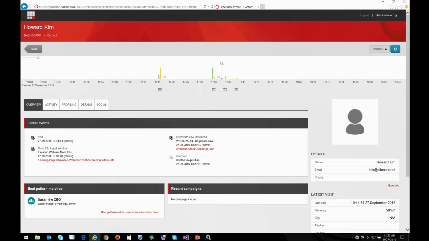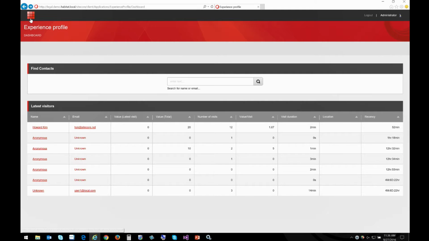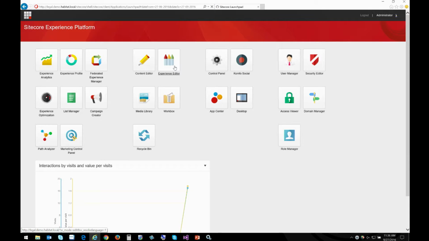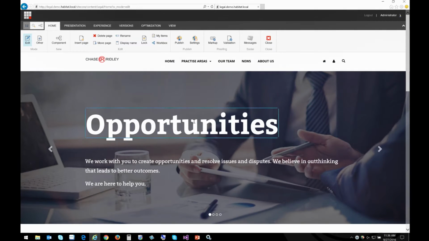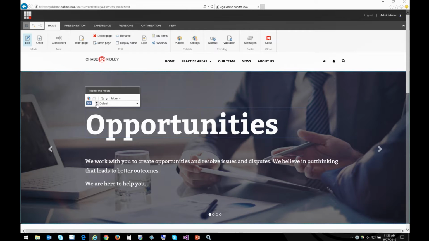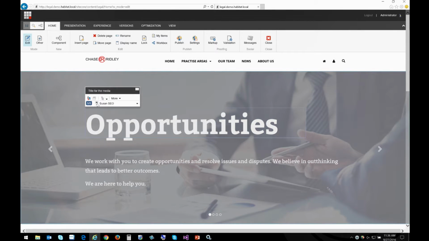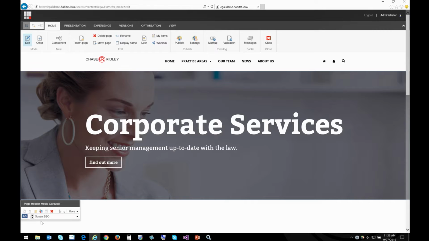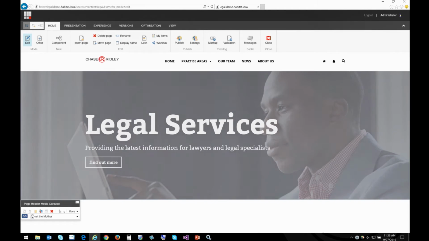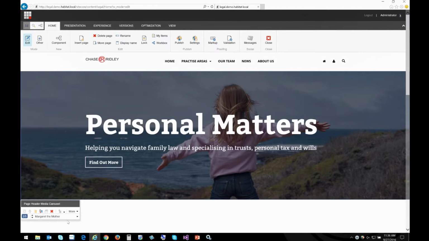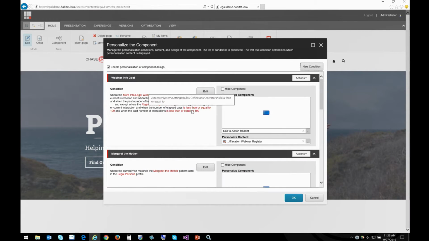Very, very easy. Now if I want to go and use that information, I can go into the Experience Editor, go right into my web page. And here are all the different hero banners I've set up, one for Susan, the CEO, one for Lucas, lawyer, and then one for Margaret, the mother. And it's really, really easy to set up these personalizations.